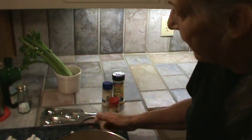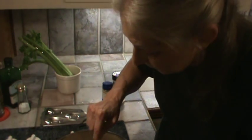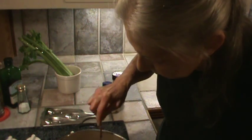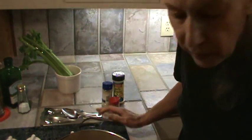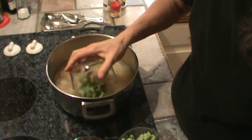All right, so my chicken is heating up now. And I did, again, thaw this out in the microwave. I had it in my big freezer, so it's frozen solid as a rock. Alright, so it still smells really, really good. The Fieldale chicken is just great chicken. It really is. All right, so I'm going to go ahead and dump in my celery,